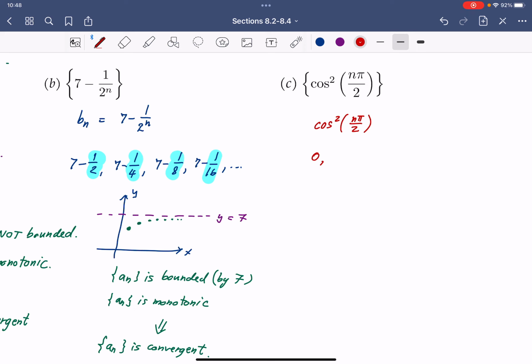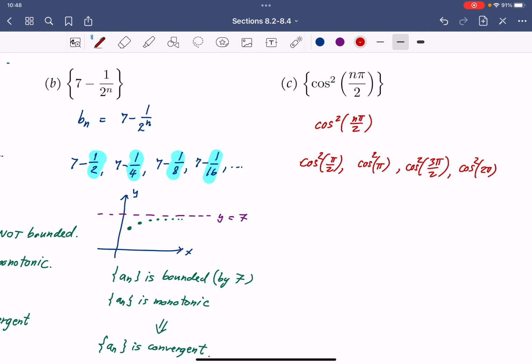And then when you plug in n equal to 2, you're going to get cosine pi squared. Then cosine 3 pi over 2 squared, and then cosine 4 pi over 2, which is cosine 2 pi